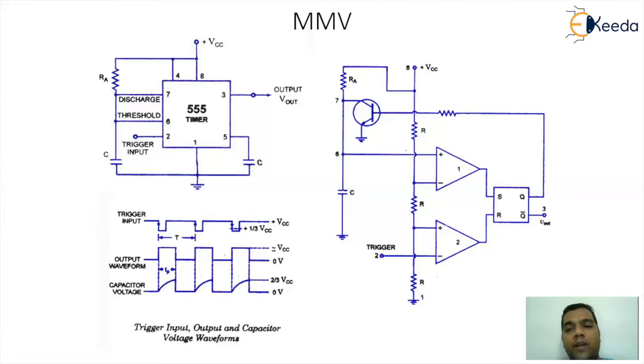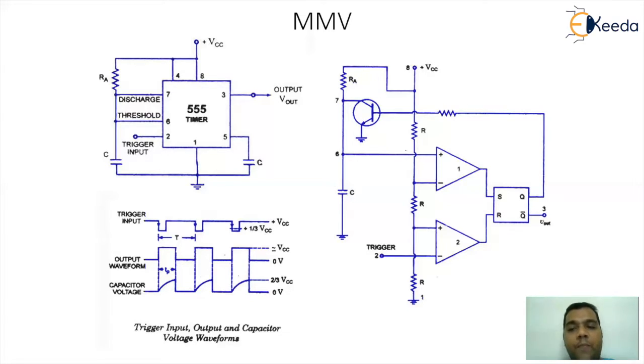We are assuming that at the initial condition, the output Q bar is going to be 0. If Q bar is 0, then Q is going to be 1. If Q is 1, then automatically the base of the transistor receives logic 1. Automatically the transistor will be in the on state. If it is in the on state, it will work like a closed switch. Because of this, if I turn on the VCC battery, the current will start flowing through RA. It will go through the transistor to ground. So if you observe, the system is basically stable and the output is going to give you 0. Since the output is taken from Q bar, the output of this IC is going to be 0.